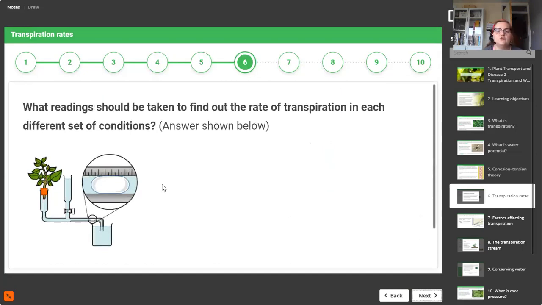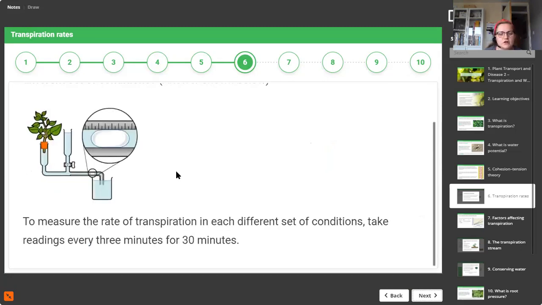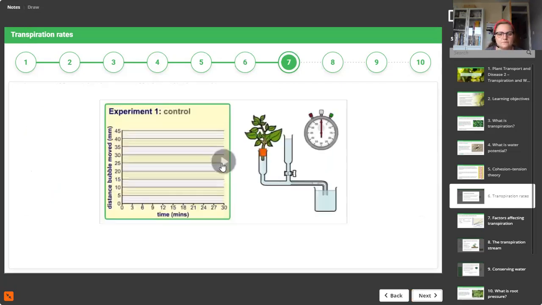So what readings should we actually take to find out the rate of transpiration in each different set of conditions? To measure the rate of transpiration in each different set of conditions, we need to take readings every 3 minutes for 30 minutes. So we should have at least 10 recordings. Now here's some example